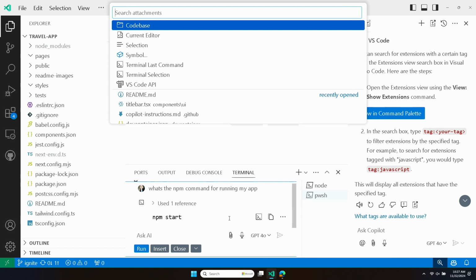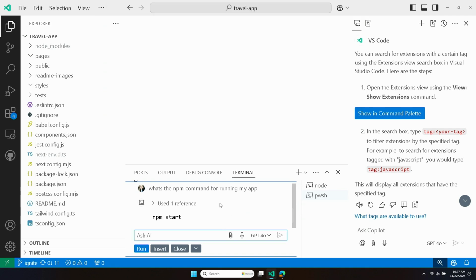We had seen how at Workspace gave Copilot context for our entire code base. If I don't necessarily need to do that, I could give it something more specific, like just the current editor, just the current selection, the current symbol, a specific file or set of files. Whatever gives Copilot the necessary context it needs to help me. I'll escape out of that. And cool, we can see that Copilot recommended, hey, npm start should work for you.